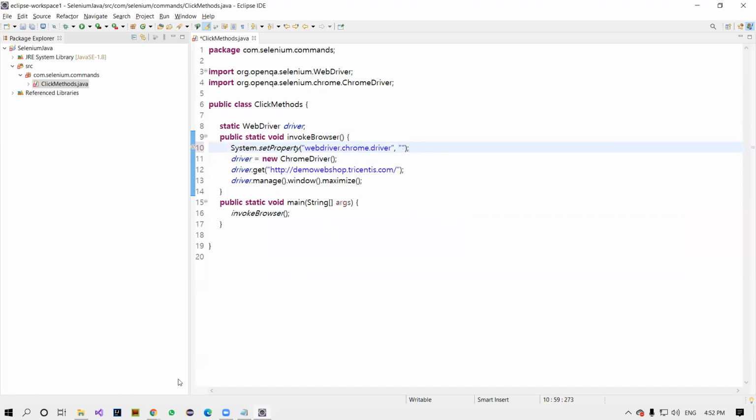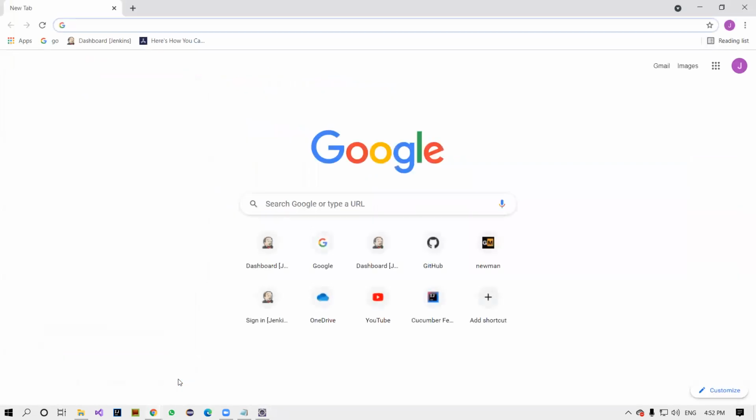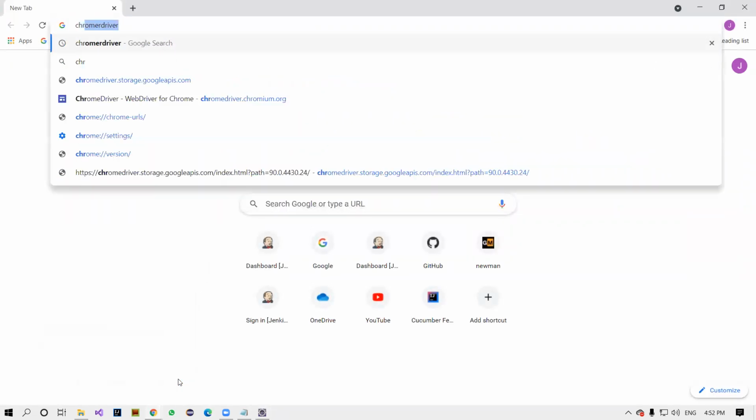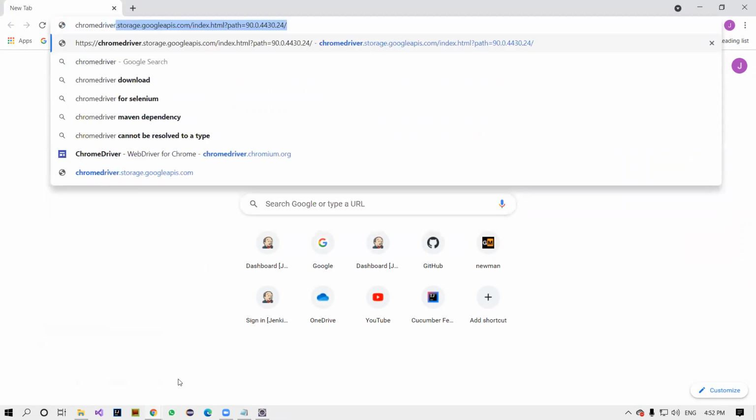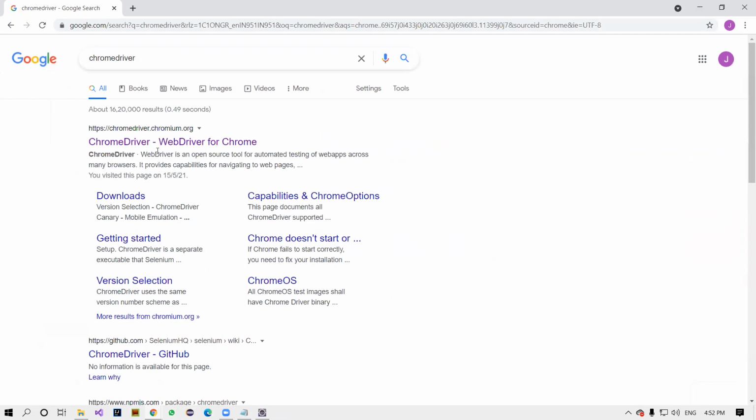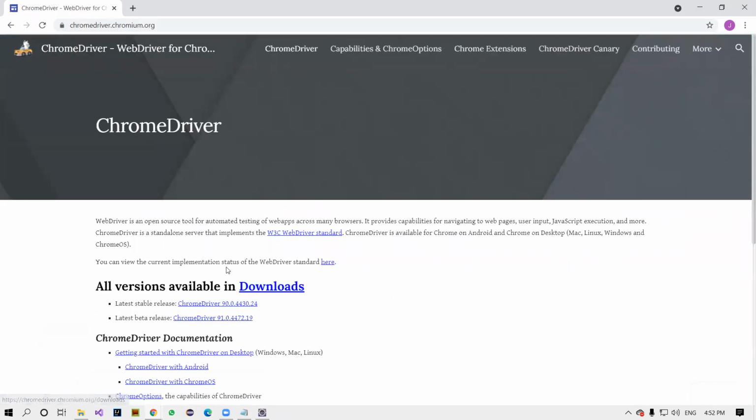Very simple. Go to the browser and search for ChromeDriver download. Just launch this URL, and here you can select the browser version which you're using.